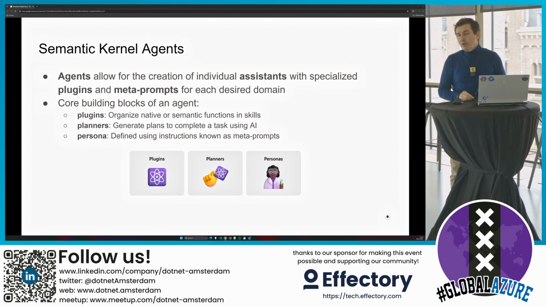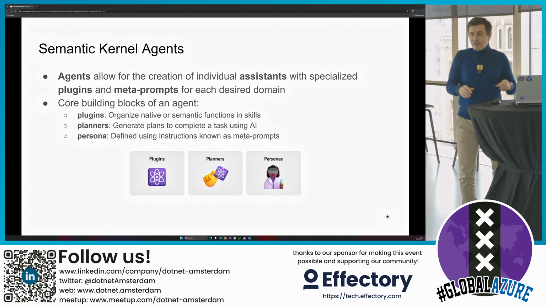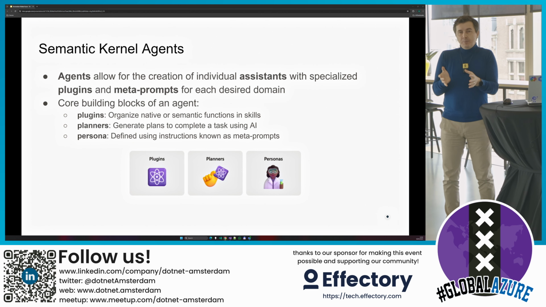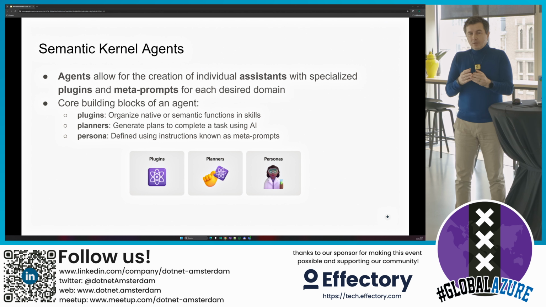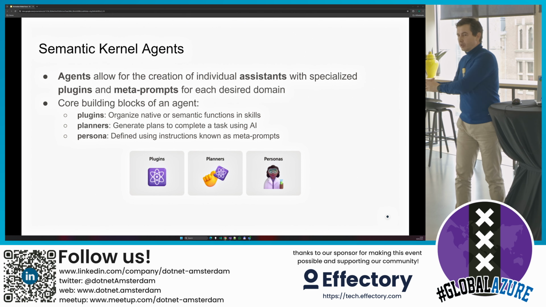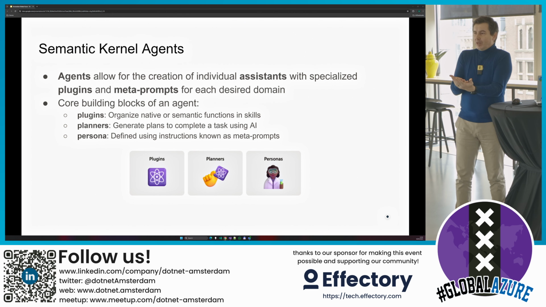What is a persona? Well, nothing else than a GPT instance with a system message, and now I'm using synonyms, system message, meta prompt, instructions, all describing the same thing, the behavior of your prompt.